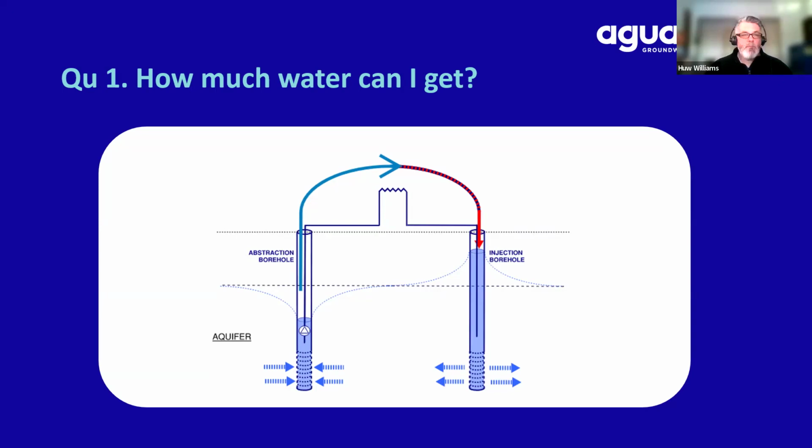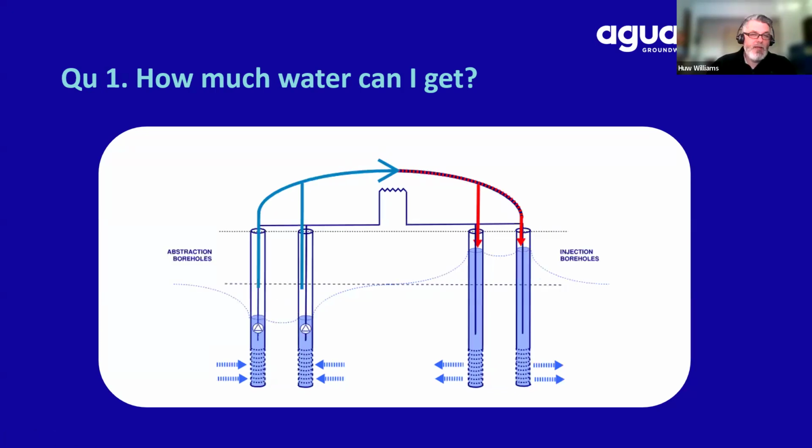In its simplest answer, that depends on the aquifer. How much water can you get out of the aquifer that you have under your site? Obviously, you can't change the aquifer, so it's a function of the sustainable flow that you can get from a borehole at your site. And typically, if you need more water, you add more boreholes. Obviously, that's a simplified answer, but nevertheless,